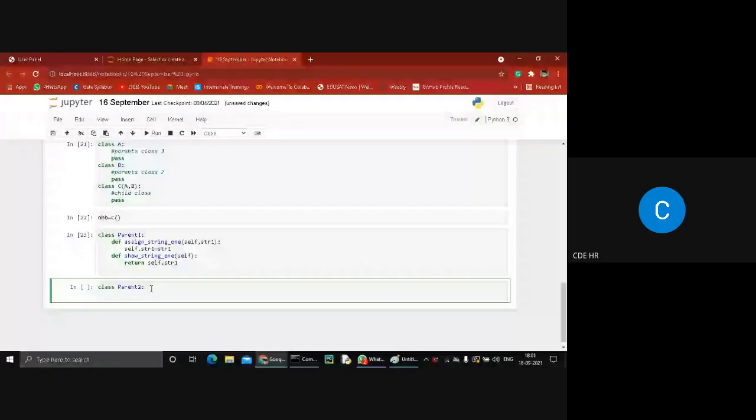So my first class is ready. Again we create the next class, parent 2. In this class we create another function, def assign string 2, which contains two arguments, self and str2, and we assign self.str2 equal to str2.